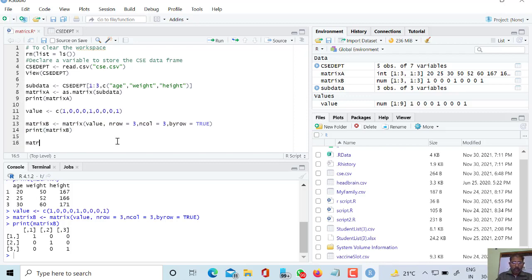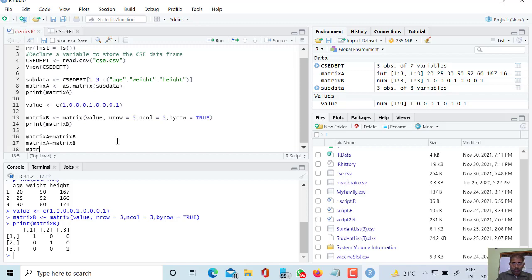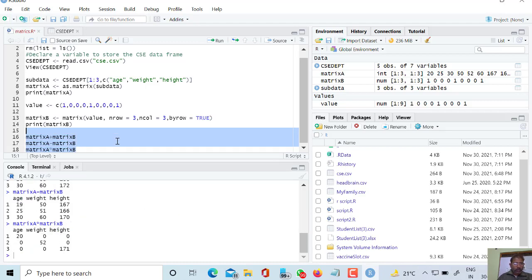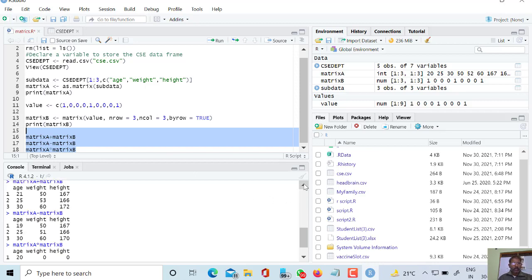First, matrix A plus matrix B. Now matrix A minus matrix B. Now let us do matrix A multiplied by matrix B. So let us perform these operations, and here the output results are here.